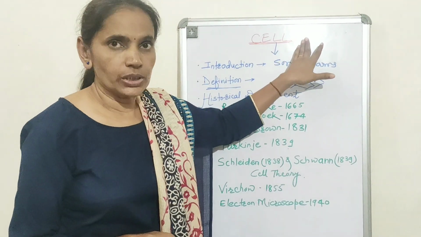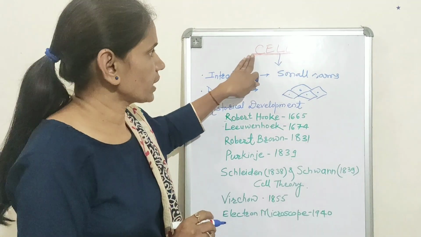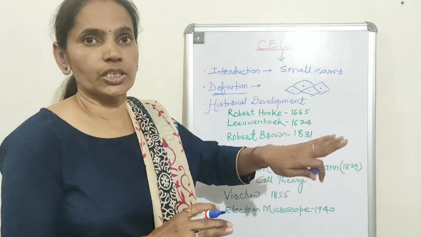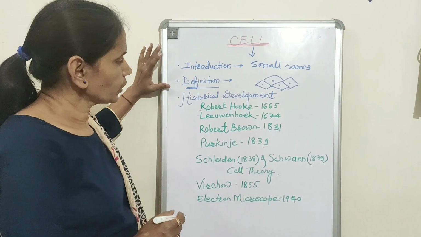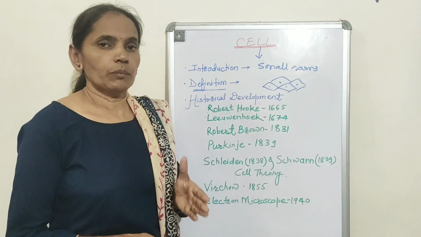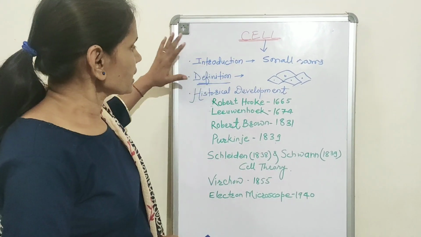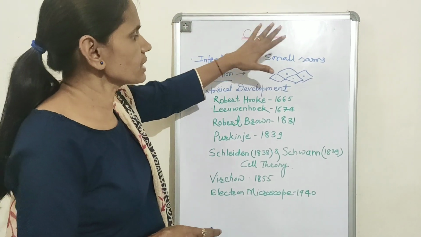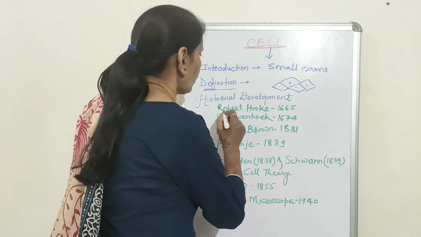Cell biology is a branch of biology which deals with the specific study of the cell, which includes detailed structural analysis as well as its functional properties. In the development of cell biology, there is a major contribution from a number of scientists over time, and it has become more and more clear and vast because of advanced technologies. The milestones in the historical development of cell biology are the most important, and the first one is that of Robert Hooke.